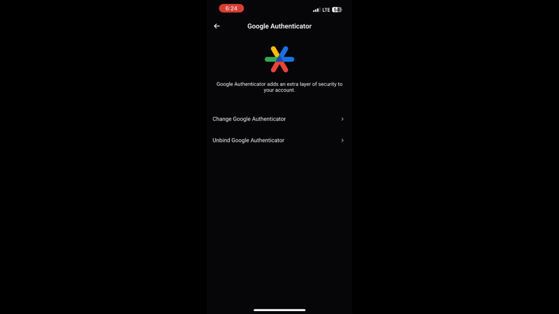If you lost access to your Google Authenticator, look for a can't access/reset/appeal option on the same screen. There you can submit an unbinding request, usually by uploading ID documents and answering security questions so Bitget can manually